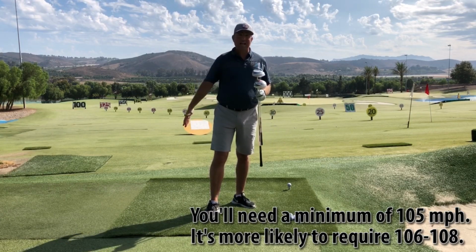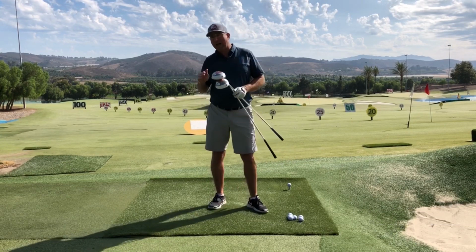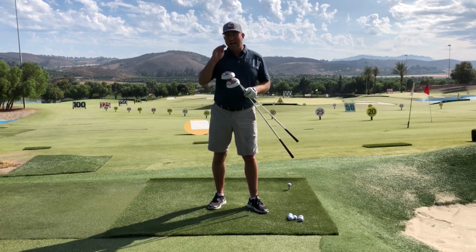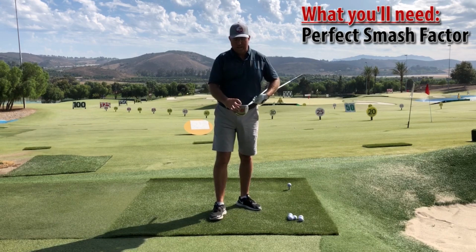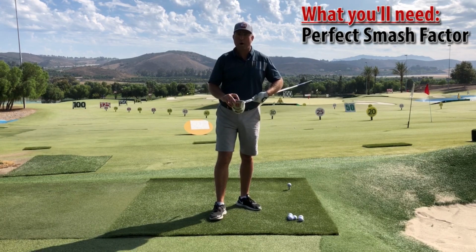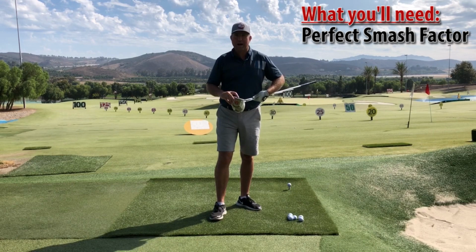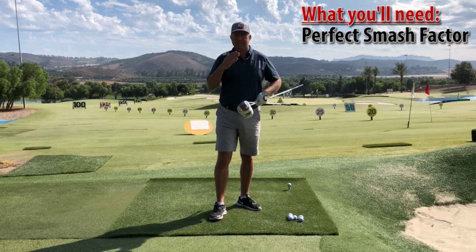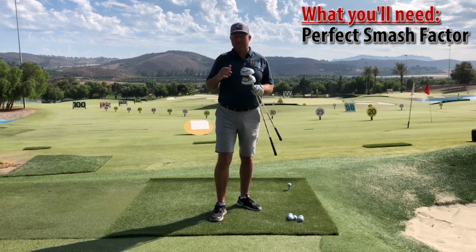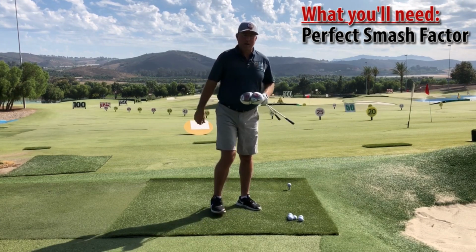Now this is a sliding scale. If you are at 105 miles an hour, you will have to max out perfectly every other category that makes a ball go far. You'll have to get a perfect smash factor of 1.50. That means a square, centered strike. At this point, you're probably able to do that most of the time if you're already driving at 275 or 280, trying to aspire to 300. Additionally, you're going to need